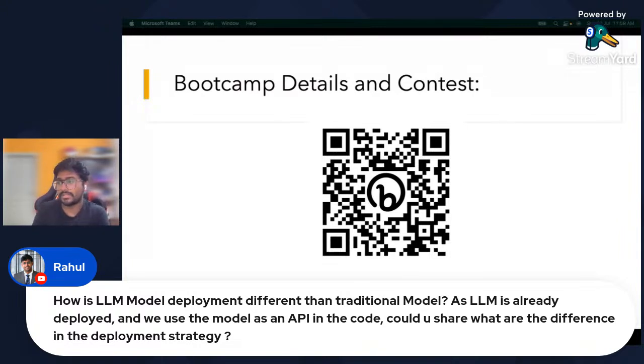So Rahul, to answer your question: LLM deployment is the same as traditional model deployment, but we need to take care of scalability and accessibility because it's a huge model. You need to make inference as fast as possible. So only on the aspects of scaling and the way of deployment is it a little different. Otherwise, it is exactly the same as traditional deployment.